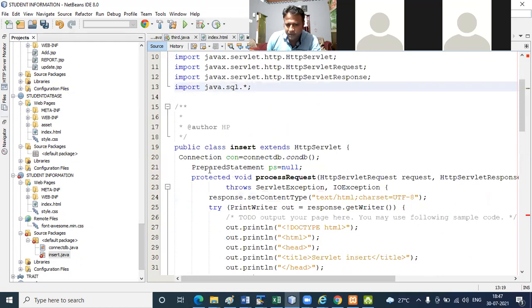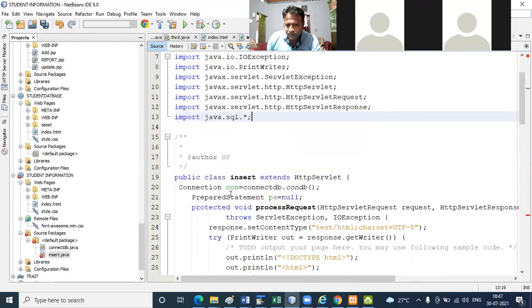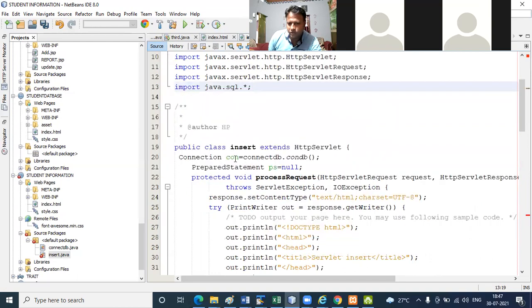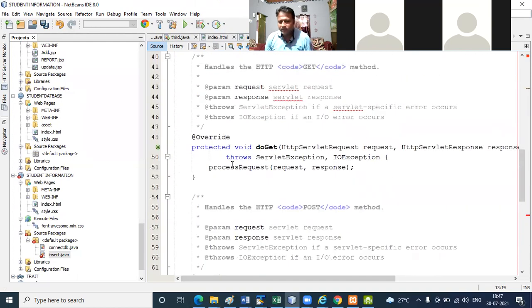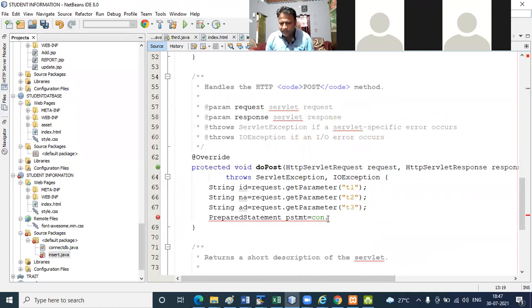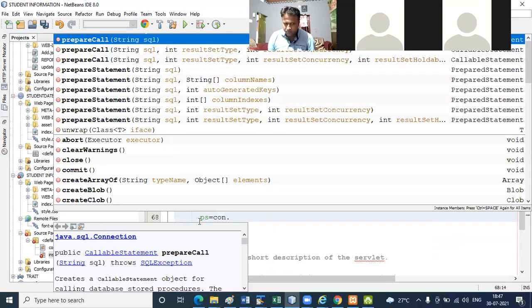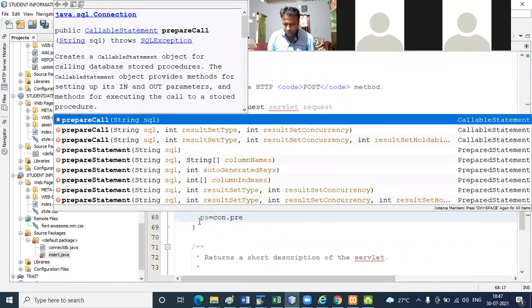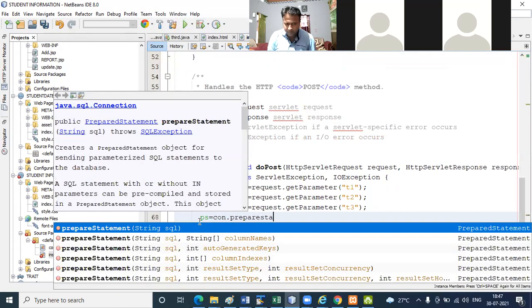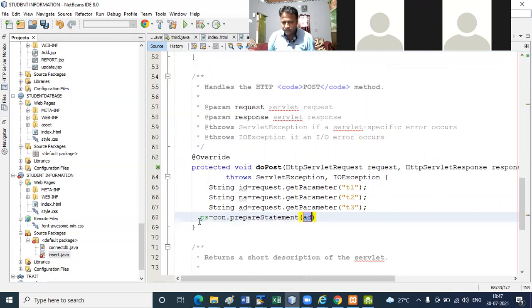I pass Connection con, Connectdb is the class name, conDB is a function name. That means I call the function and store it in con. Then I write here ps equals to con dot prepare statement.